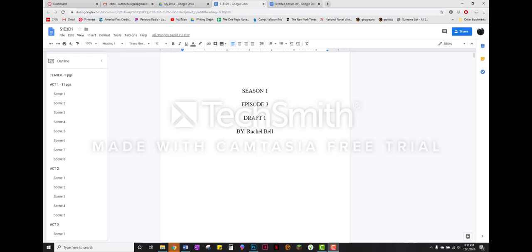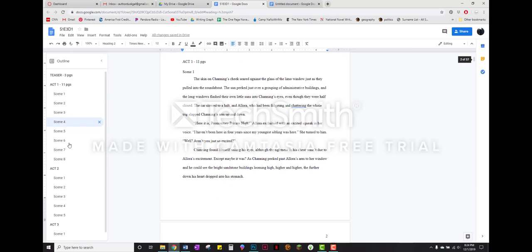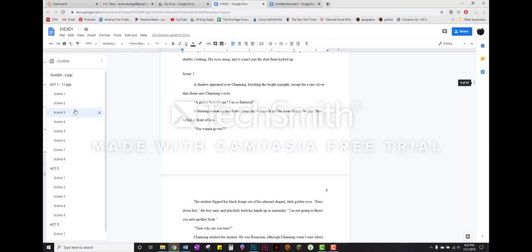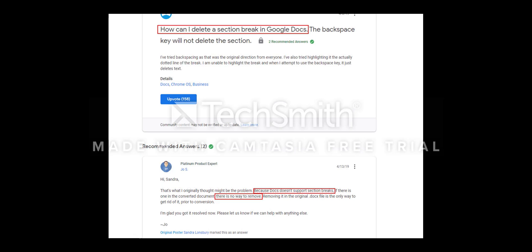The outline is available when you click this button, usually labeled Normal Text, and choose Title or Heading 1, etc. Choosing this option makes those texts appear in the outline panel, and you can click around the document without needing to scroll up or down. One of the features that you can't do, at least compared to Microsoft Word, is section breaks. So if you say copy and paste text from another location into Google Docs, and you're not aware that there's a section break, you'll permanently have a big gap in your text. There's no way to go around that.